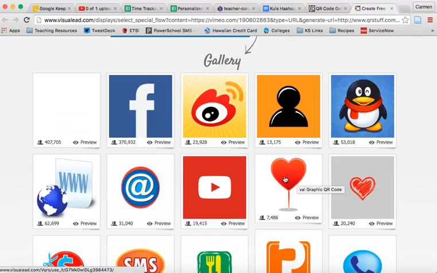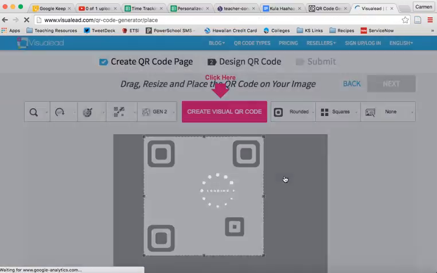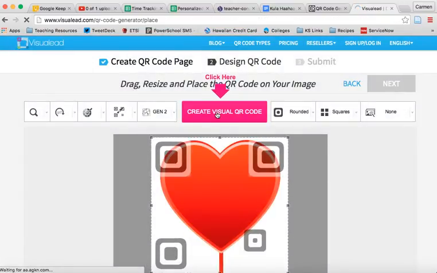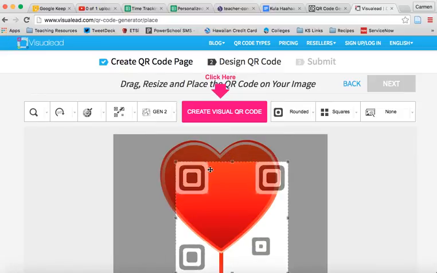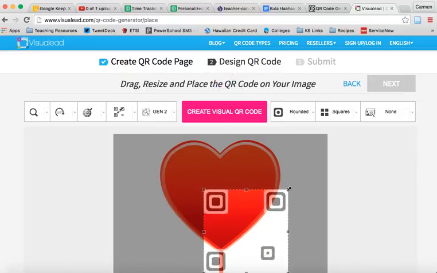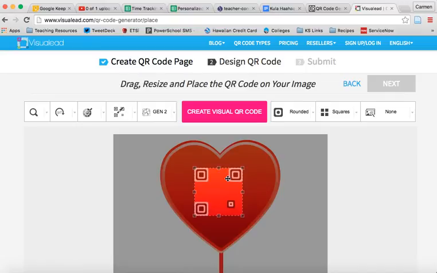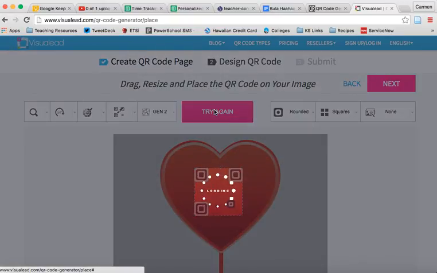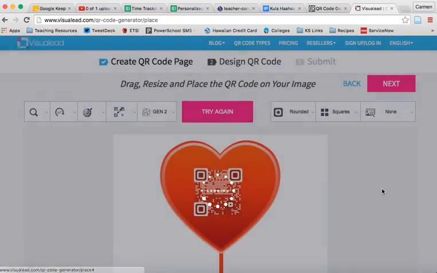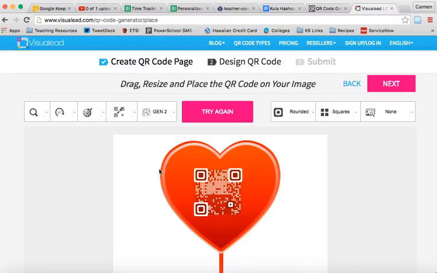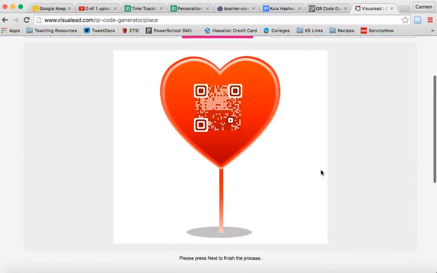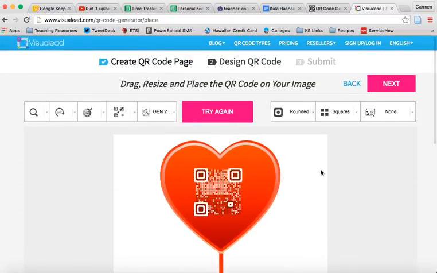And if you pick one, I'm just going to do one here really fast, you'll see that it places the QR code on the image, lets you resize it and decide where you want to put it. So if I want to put this right in the middle of the heart, I can press to create it, and then there I've created my QR code in the middle of this heart. So depending on the purpose of your QR codes, you might want to be able to make them look fancy. Okay, so that's